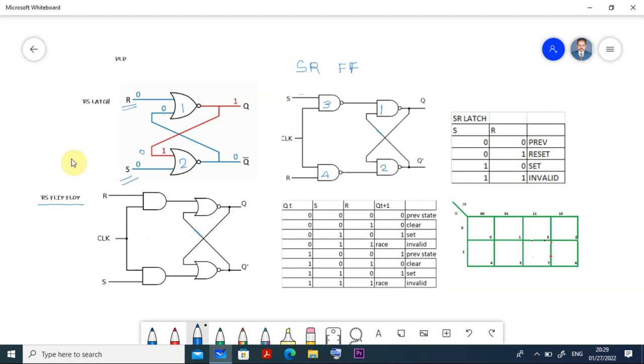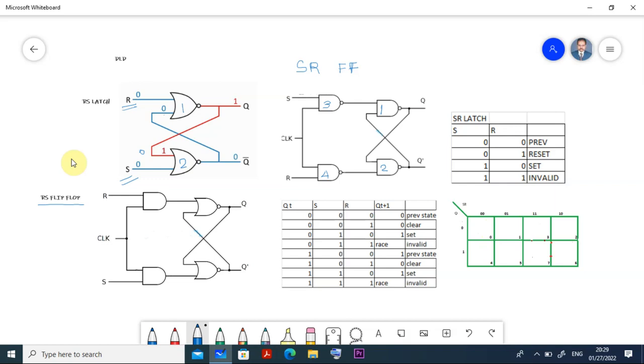What happens to the SR latch? Suppose I am talking about only the latch, so I am not considering the left hand side, I am only going for the right hand side. SR latch, what will happen? Suppose here I put S equal to 0. Are you getting it now? If S and R both are equal to 0, then it will stay in the previous state. Remember these things. I am talking about the SR latch. When S and R both inputs are 0, the output keeps the previous state. It will not change.